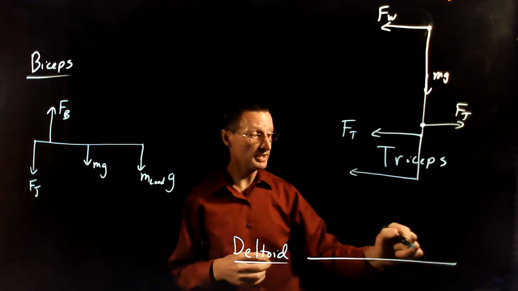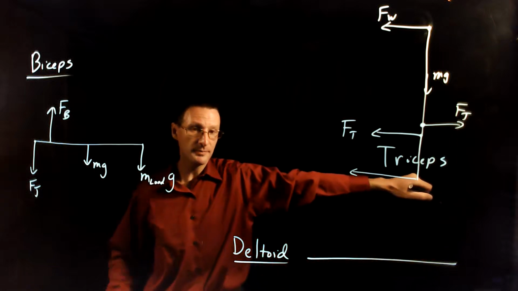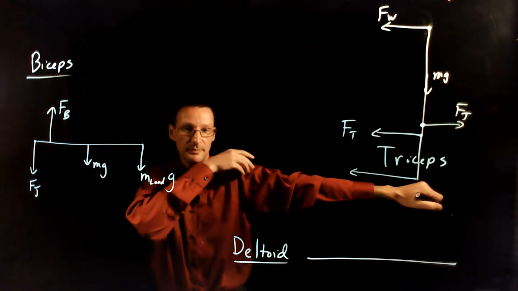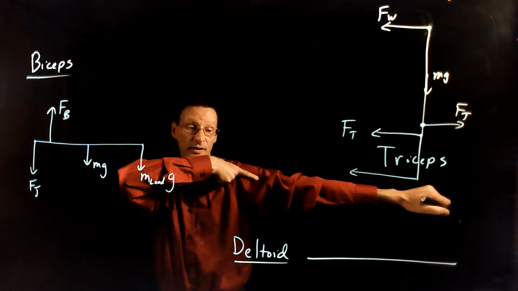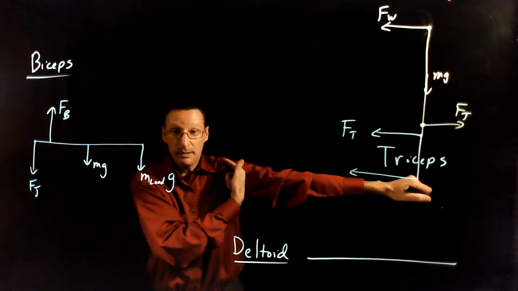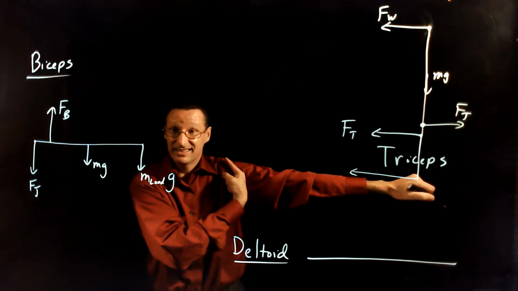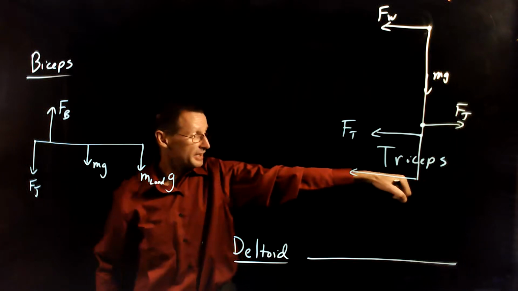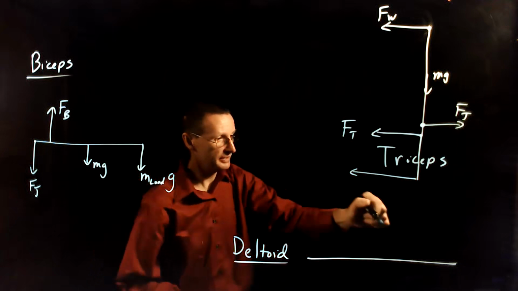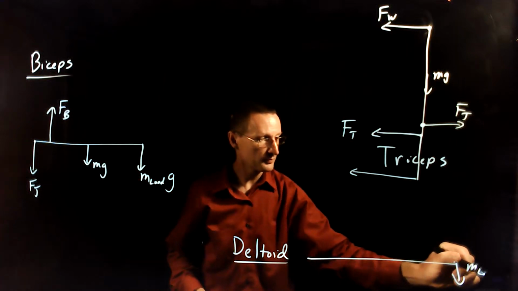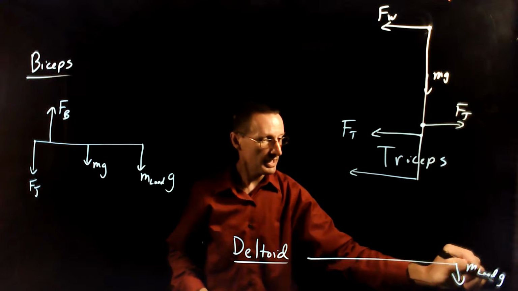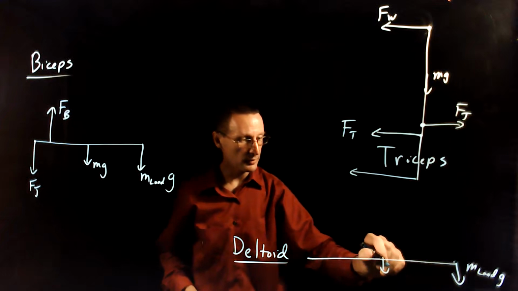Let's do one more situation. Here's the deltoid. This is the deltoid muscle up here, and it's attaching like this at some angle to the arm, and it's pulling upward on the arm at some oblique angle there. And you're holding a bag here, so there's a load force here. And there's also the weight of your arm